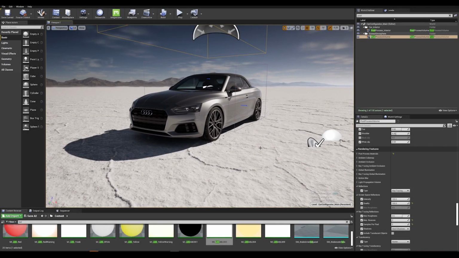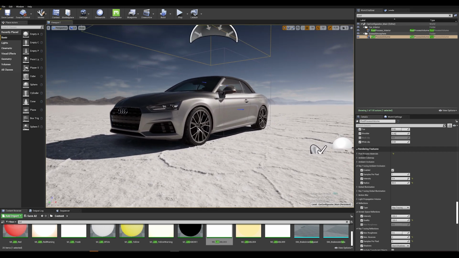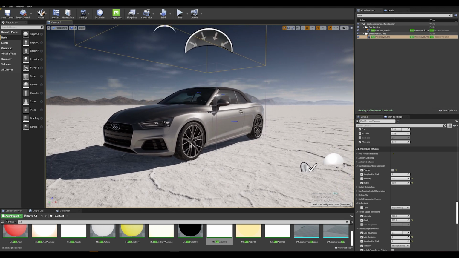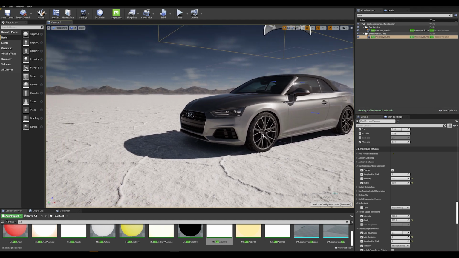Now, the second ray tracing feature we use is the ray traced ambient occlusion. That is particularly nice for your car shadows. If I turn that off, for example, we immediately lose that light occlusion going under the car. That is a feature that is limited with screen space AO, and ray traced AO counters that and adds a nice feature.